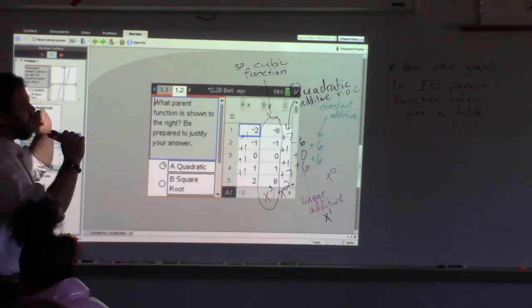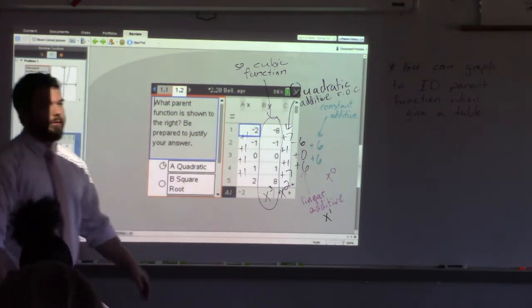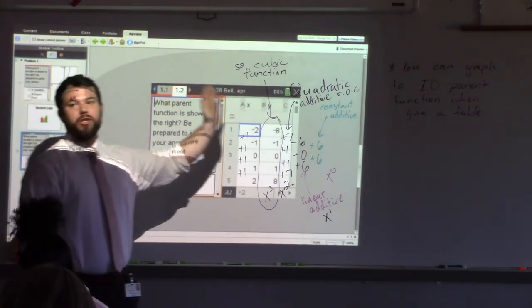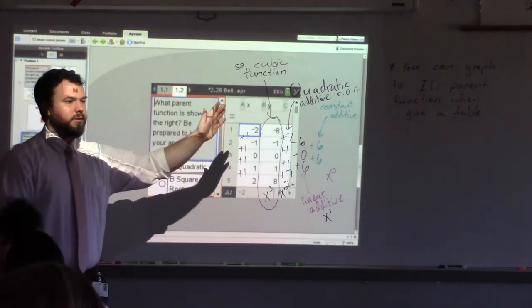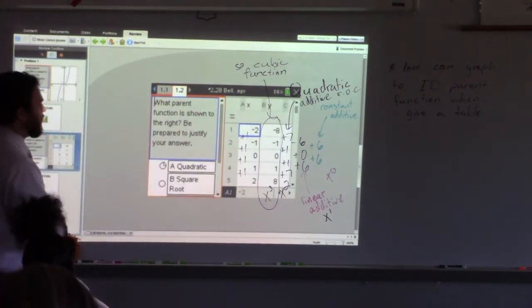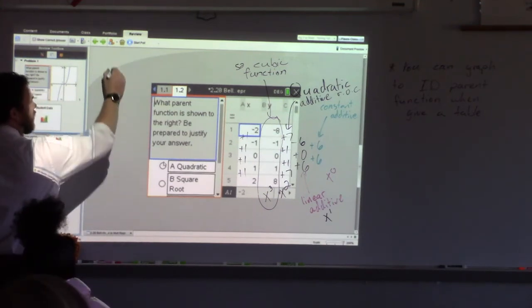Okay, so, cubic function, right? That quadratic additive rate of change, notice the rate of change is always 1 power less. And we'll continue to look at that throughout the rest of this unit. Alright, but also,